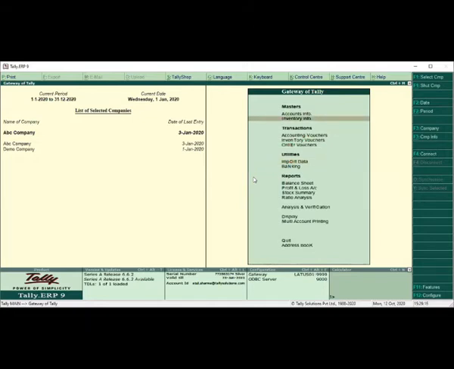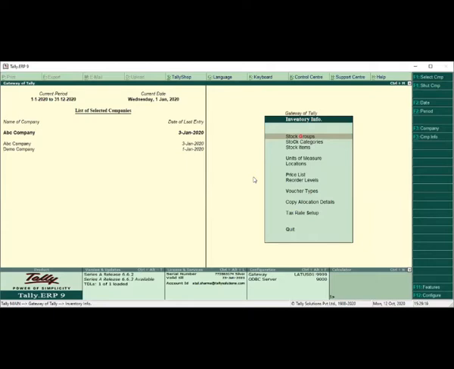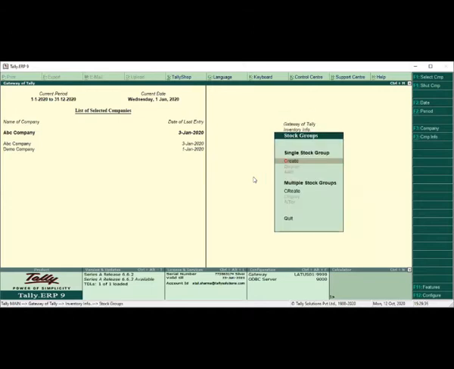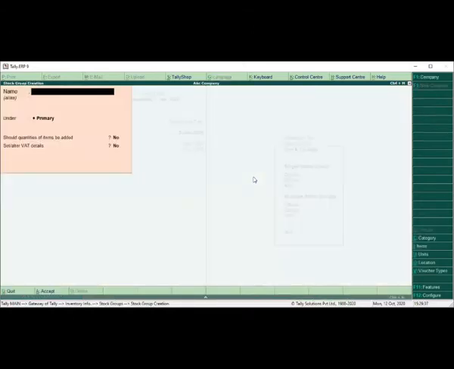In the same way, stock items. For stock items, you can create groups. Let's take the example of mobile. In mobile, you have multiple brands, like Samsung, Apple, and some other brands. In this case, you can create the brand as a group in stock items. Let's say I'll create Samsung. I'm showing this for the example. This is Samsung. Another one is Apple.